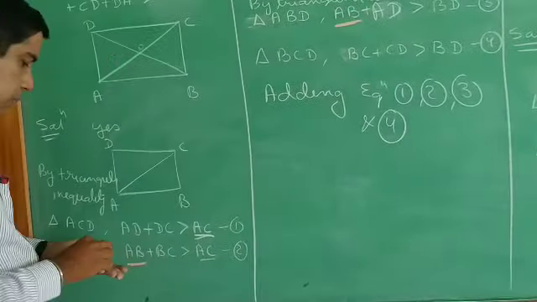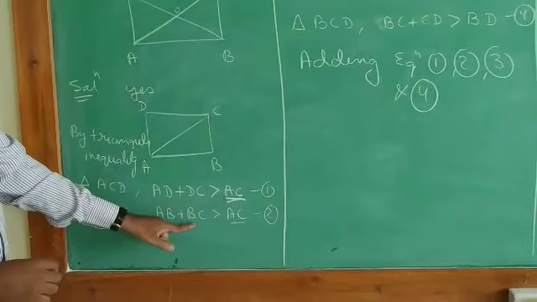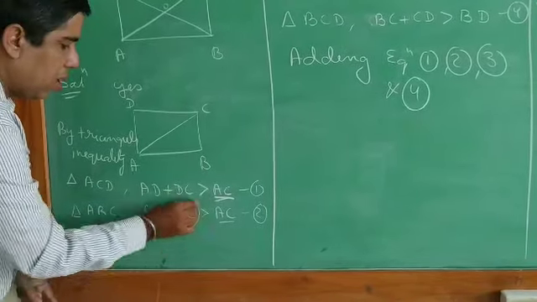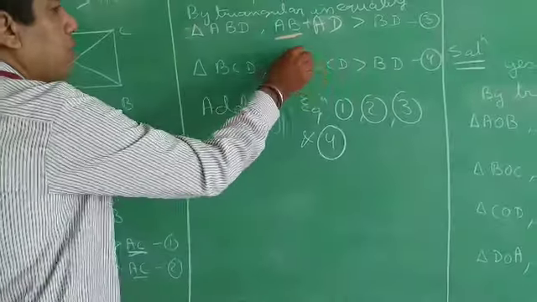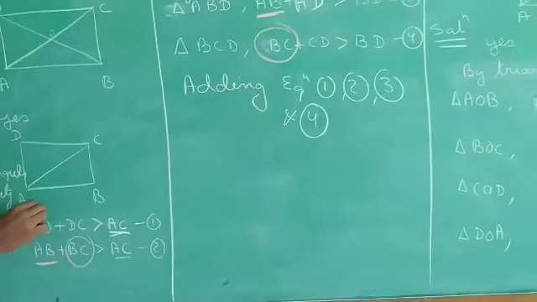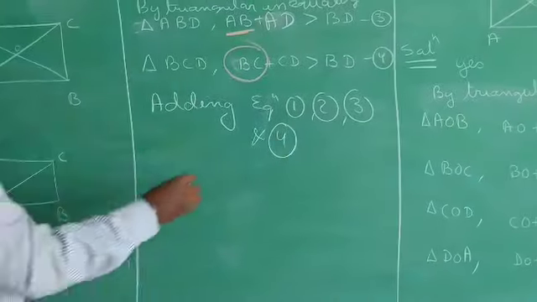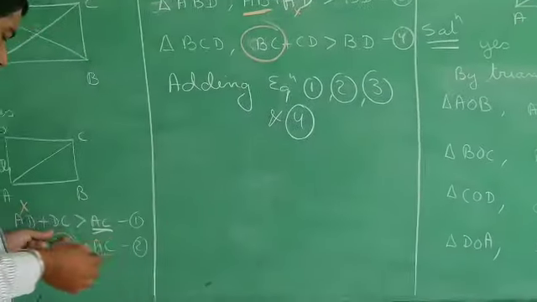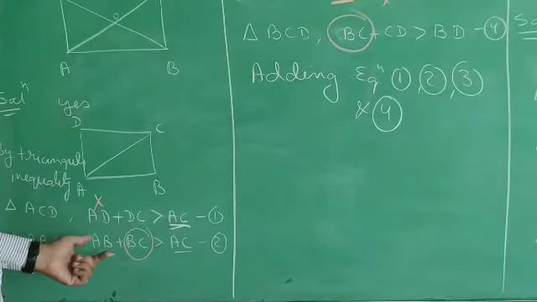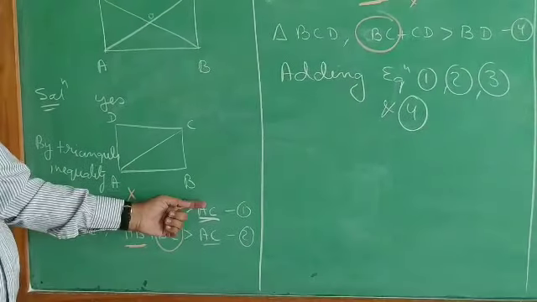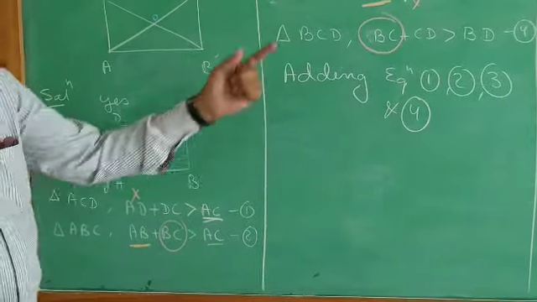Now you can see BC. BC is here, I am circling here BC. Here also BC is here. Now AD I am making star sign. So AD is also here, star. Now remaining is CD and DC is same. It means all are coming 2 times. And already AC 2 times is there and BD 2 times.